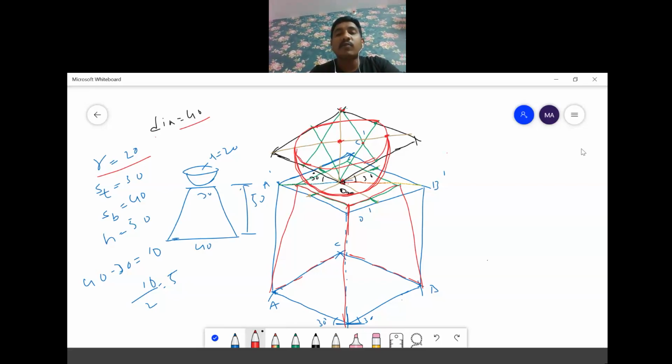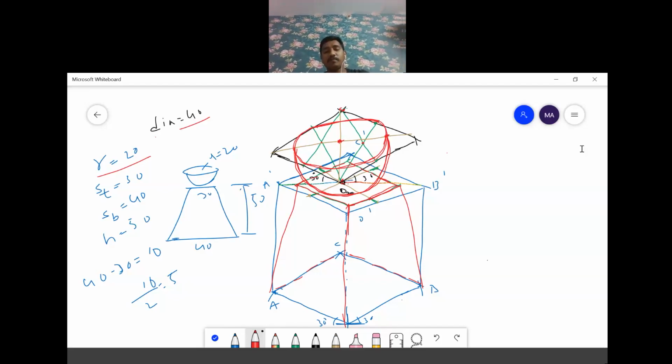This total red color one which I have drawn should be very dark. All the other lines should be very light. Up to here it should be dark. This one should be dark. The dotted lines should be drawn as hidden lines, and the remaining lines should be very light. Only the lead color line should be dark, and the dotted lines are the hidden lines. Those are all the construction lines.